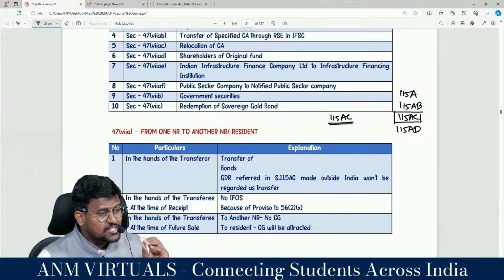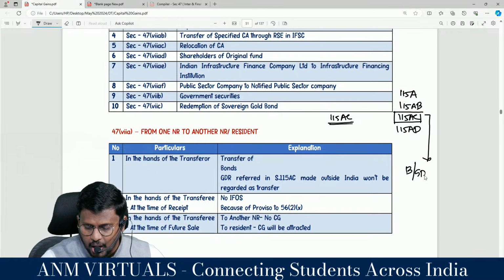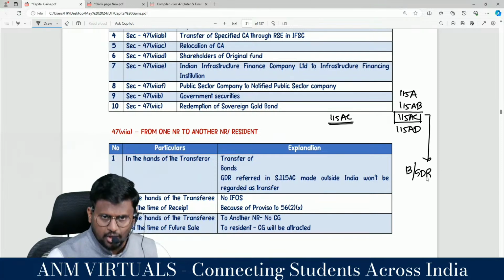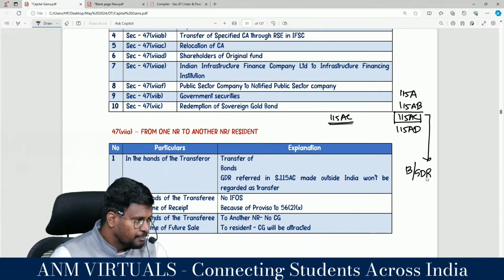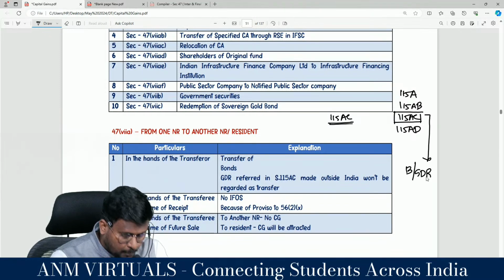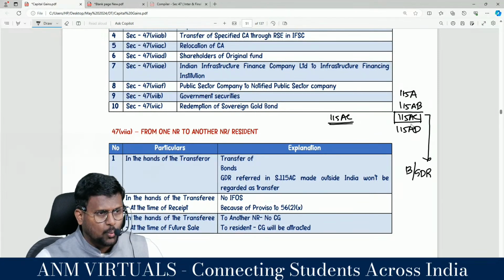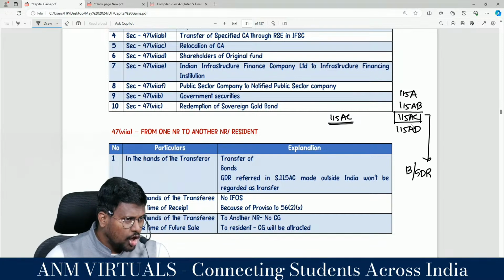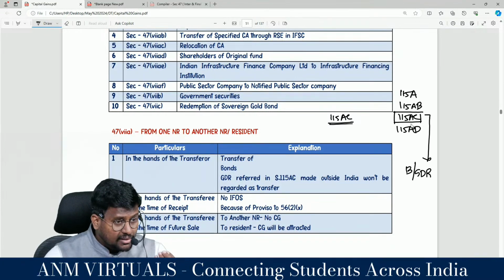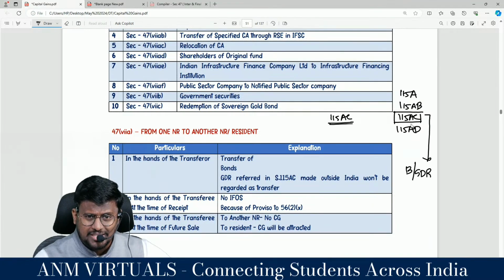Sir, as per section 115AC, you being a non-resident investing in the bonds or GDR of an Indian company, you will get either interest or dividend from it. At what rate that interest or dividend is taxed is what section 115AC deals with. So 115AC is applicable to a non-resident who has invested in bonds or GDR of an Indian concern. The rate of tax on the income from it is what 115AC speaks about. But 47 clause 7A does not talk about that.